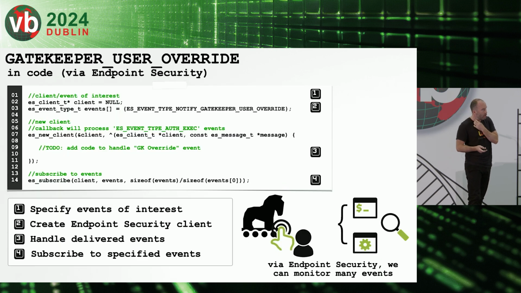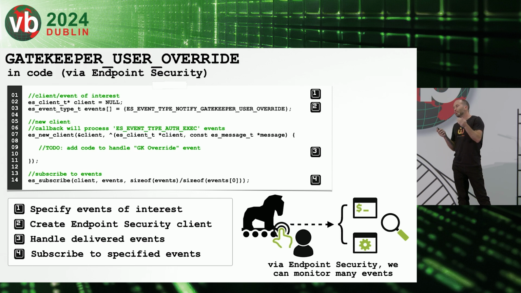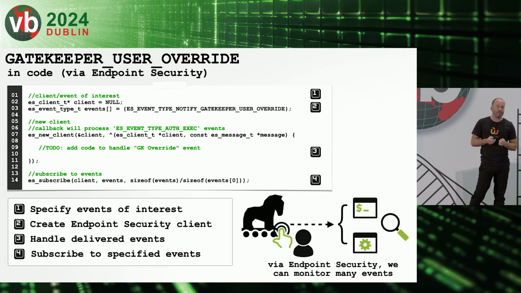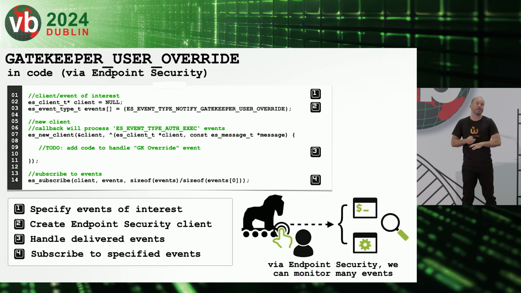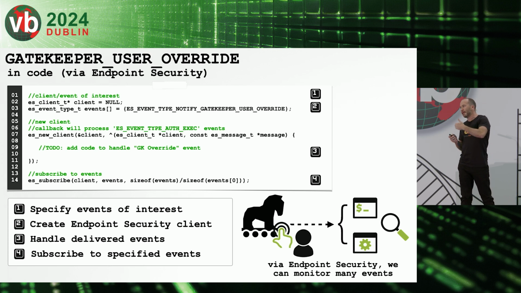So let's look at how to do that. The majority of the detection approaches we're going to briefly discuss today are going to make use of Apple's Endpoint Security framework. Now, this could be a whole talk unto itself. In a nutshell, this is a framework that Apple provides that, if you are writing third-party security tools, you can specify events of interest. You can register yourself to the operating system, and then when these events occur anywhere on the system, macOS will invoke your code to either A, notify you, or B, actually allow you to authorize